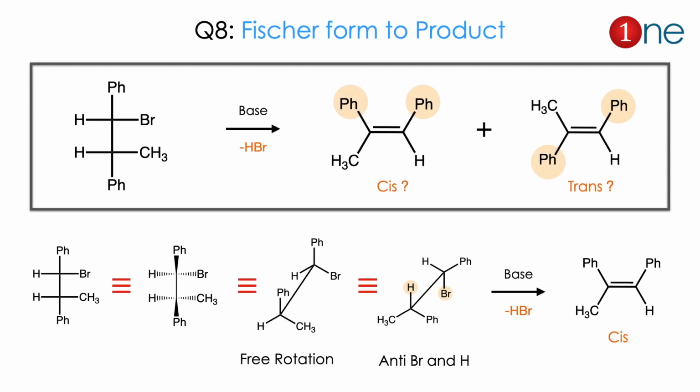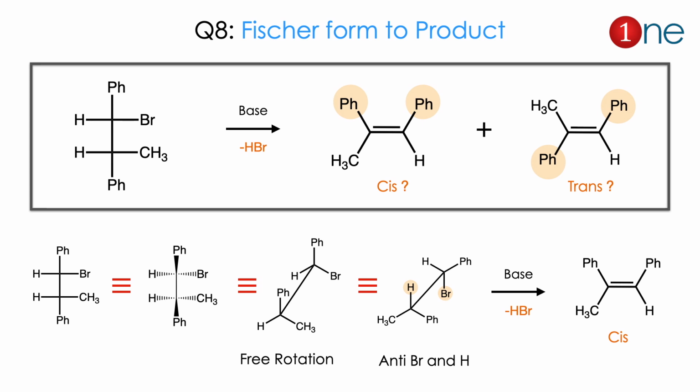Then a little bit complicated one, normally people will give the Fischer form and ask you to identify the product there, whether it is cis or trans. If they give the Fischer form, you have to write it as the normal one. Here I have given the Fischer form first, then we convert it into top and bottom. The vertical ones are above the plane and horizontal ones are below the plane. It can be vice versa also, but we wrote it like that.